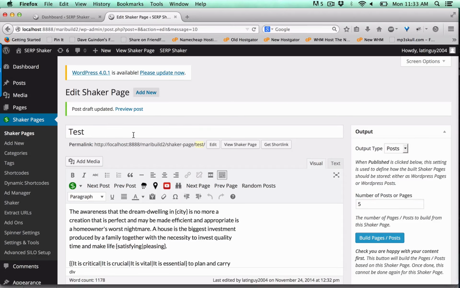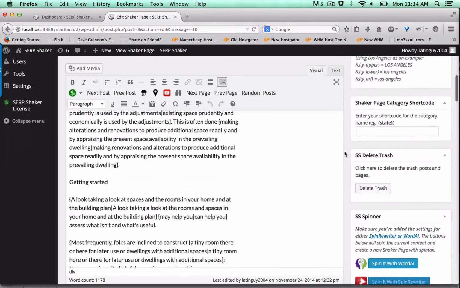So basically, the way it works is if you want to have the title and the URL be the same exact thing, you would just put it on here, build pages like normal. Now, if you want them to be a little bit different, you would treat this bar up here as what's going to be in the URL. So let's say, for example, you just want the city in the URL. You don't want anything else. Maybe you've set up categories and are using categories in the permalink, and just some kind of different structure where you just want the city itself in the URL, nothing else. So you would put city on here, and then you would scroll past the content here,